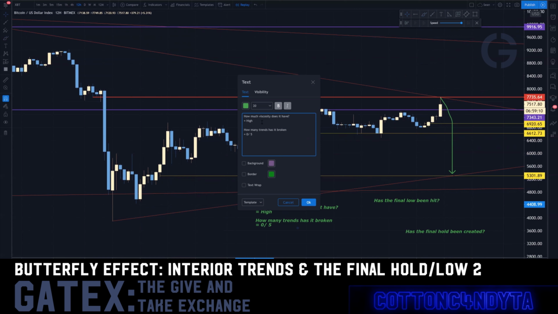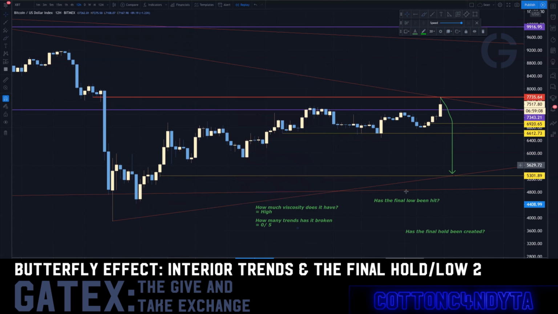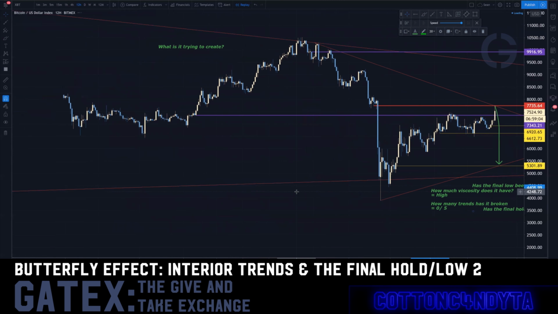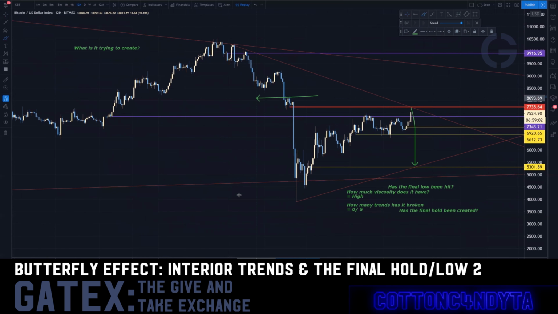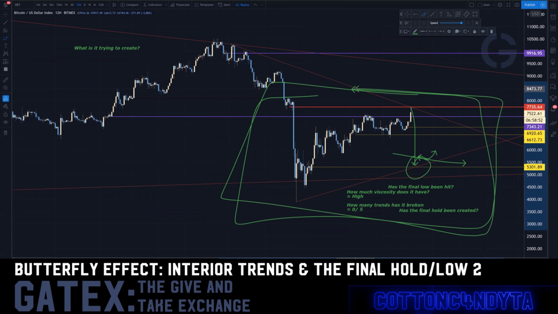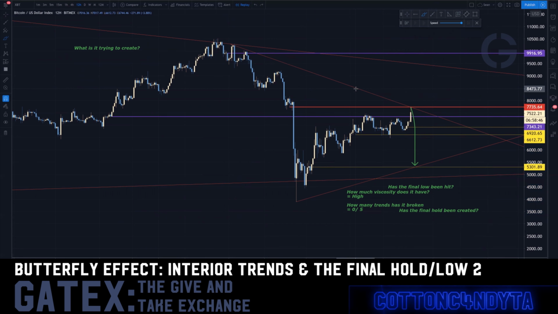It actually resets itself and goes viscosity high because this is now a different part of the move. This is now giving you your polarized point that's controlling the entirety of all of this. So this is the polarized point that controls the entirety of all of this, right? You hit this final low that gives you your final hold level right here, which controls the entire segment of the leg. Because the viscosity counter resets because technically it's a new trend. It's a new trend that's going to have its own viscosity counter.